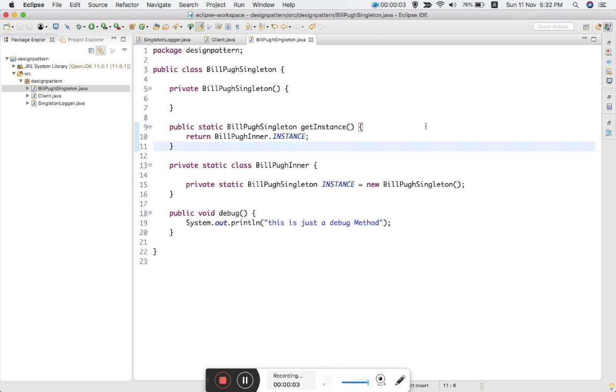In the previous video, we have seen how to implement the singleton design pattern in a different approach suggested by Bill Pugh, which is creating the instance inside an inner class. So in this video, I'm going to wrap up this singleton process, creating the singleton object by introducing a last concept,